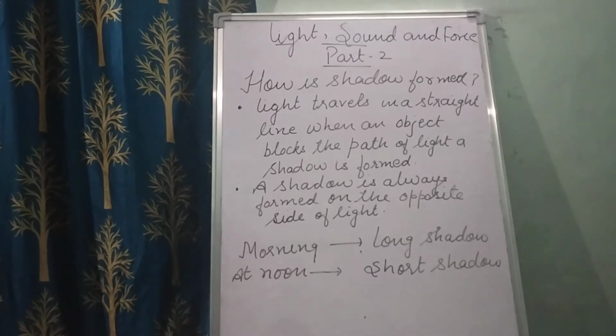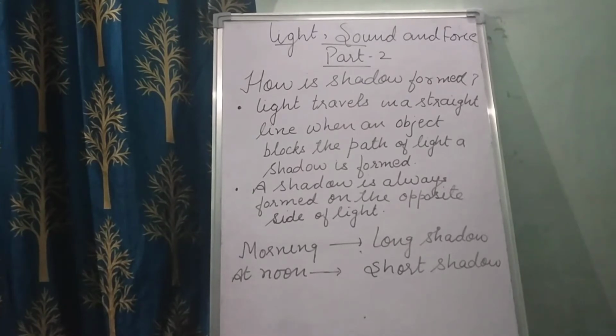In a previous video we learned about luminous objects and non-luminous objects. So let's have a quick recap. A luminous object, an object that gives out light, is called a luminous object, like the sun and a bulb. These are examples of luminous objects. The second is non-luminous objects. An object that does not give out light is called a non-luminous object, for example, a pencil, kite, table, chair. These are examples of non-luminous objects.